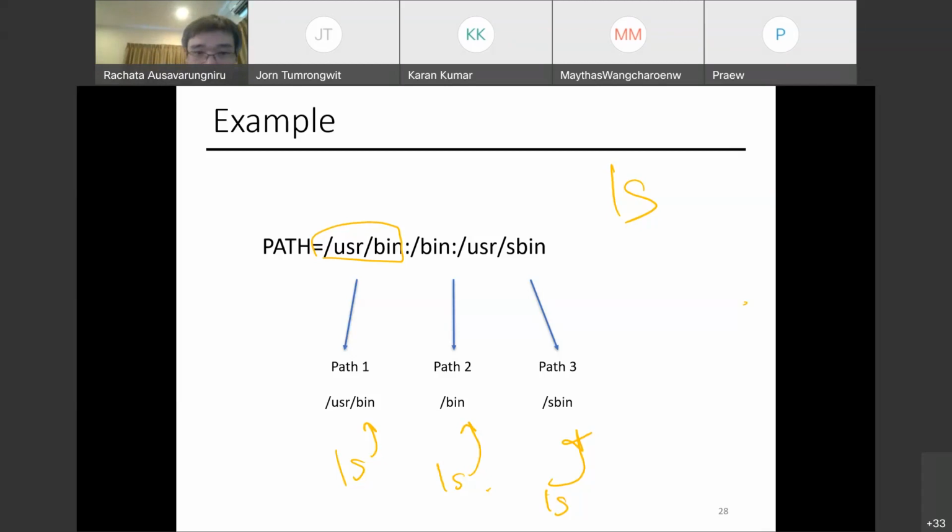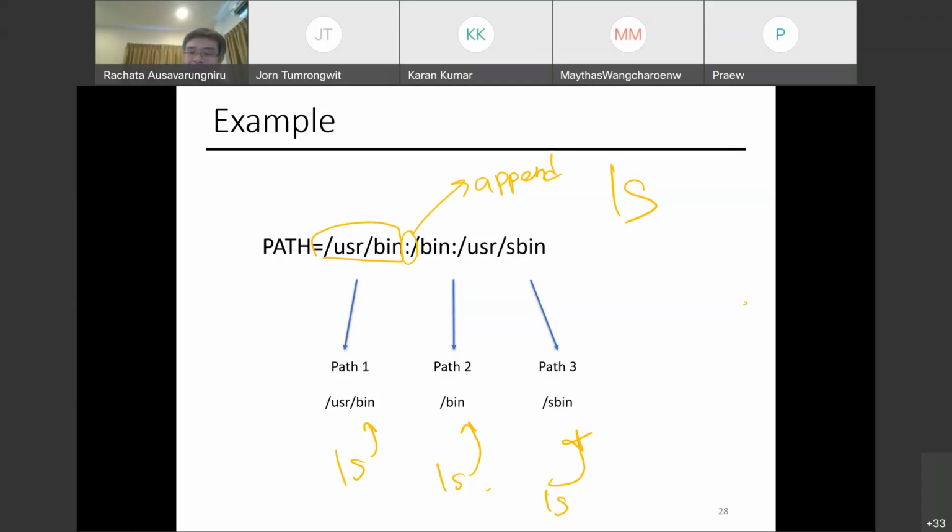The colon means I'm actually appending, as a verb, like an actual action. I append this path and this path and this path. Basically, I'm going to keep searching one by one. This is how you can keep adding as many directories as you want to the path variable, right?